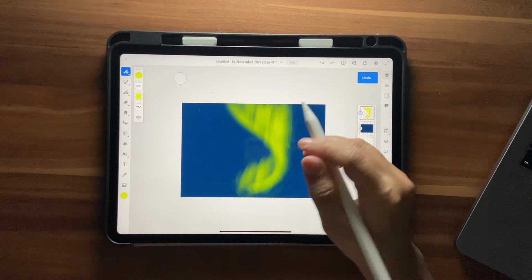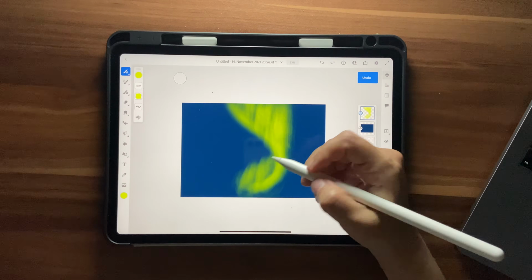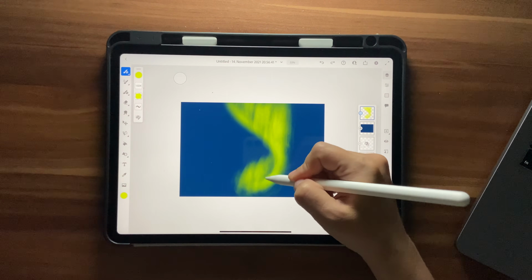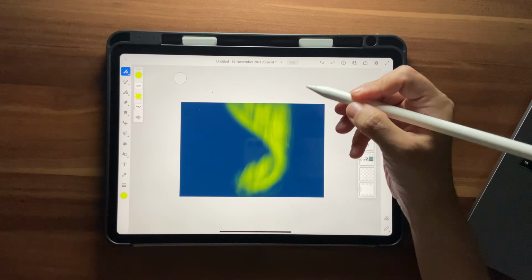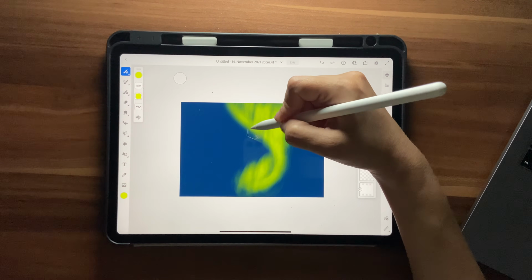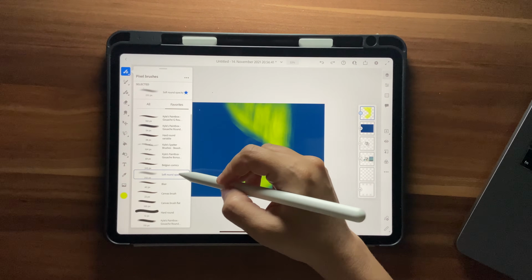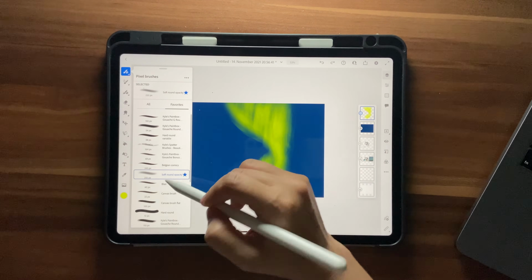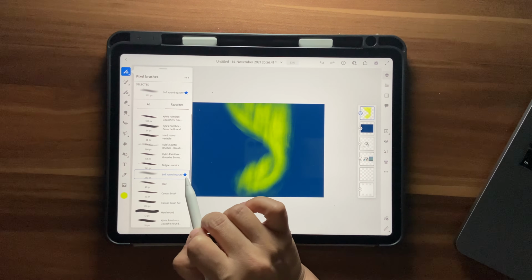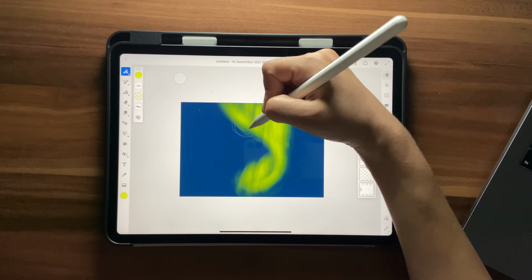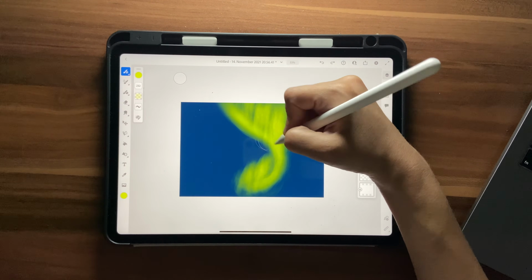Don't add pressure, because then it creates a completely different kind of effect which you don't want. Okay, and I'm going to go back to my soft brush. I have it in my favorites, by the way, so it's easy to pick the brush. If you want to add any brush to your favorites, just click on the star next to it and it shows up under favorites. So I'm just going to add a bit of color here like that,